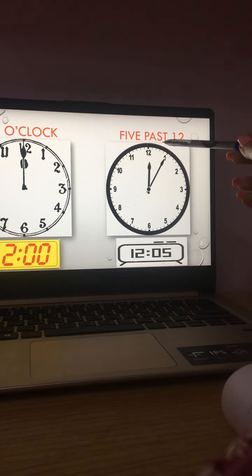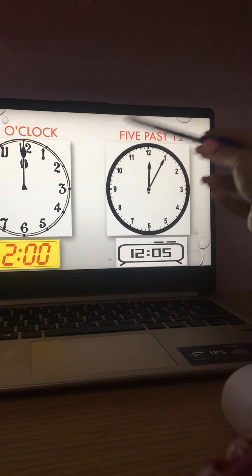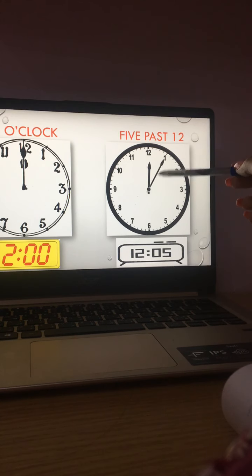And we also said that there are 5 minutes between each of these big numbers. So, if the minute hand points to 1, that means that what? 5 minutes have passed. So, if we read the minute hand first, we are going to say 5, and we are going to use the word past, because we use the word past when the minute hand points from 1 to 6. Okay, so we are going to use the word past. So 5 past 12. That means that 5 minutes have passed